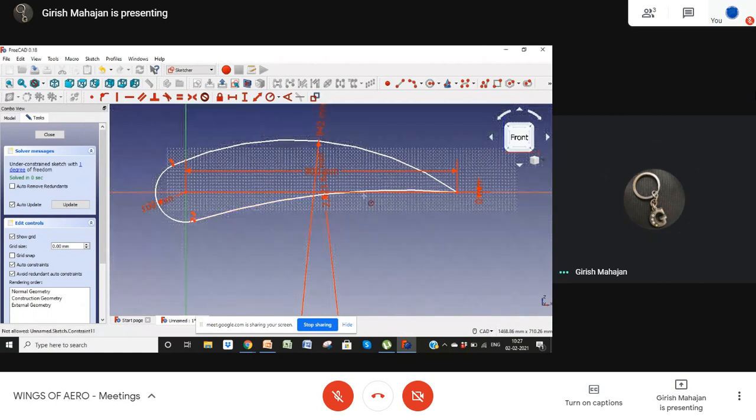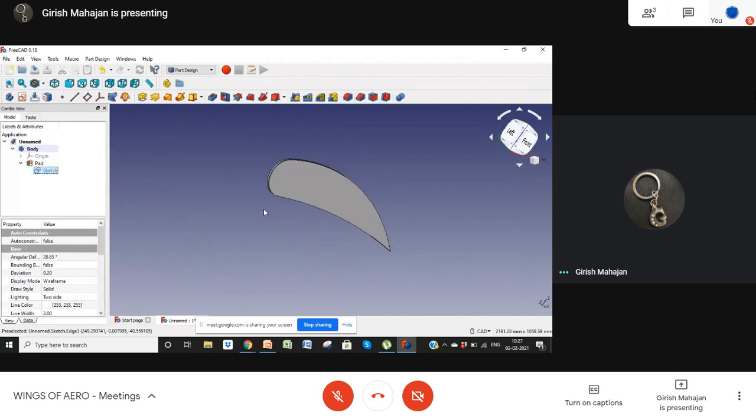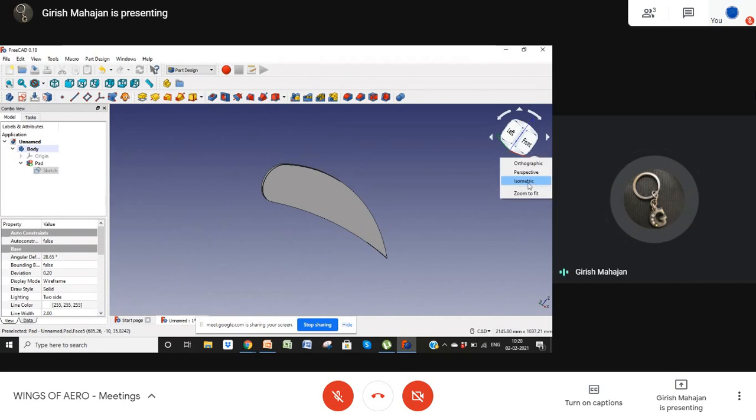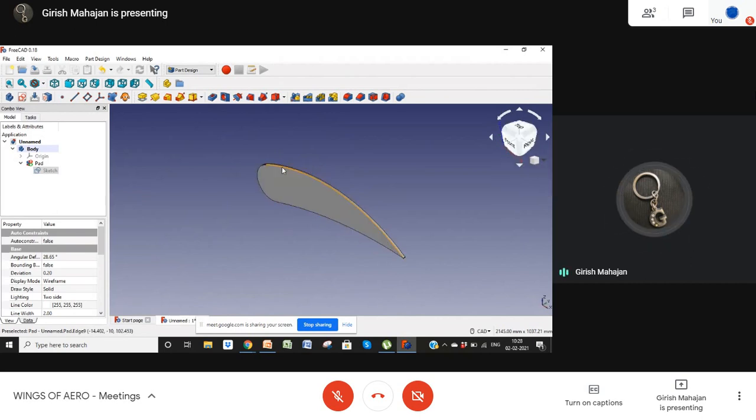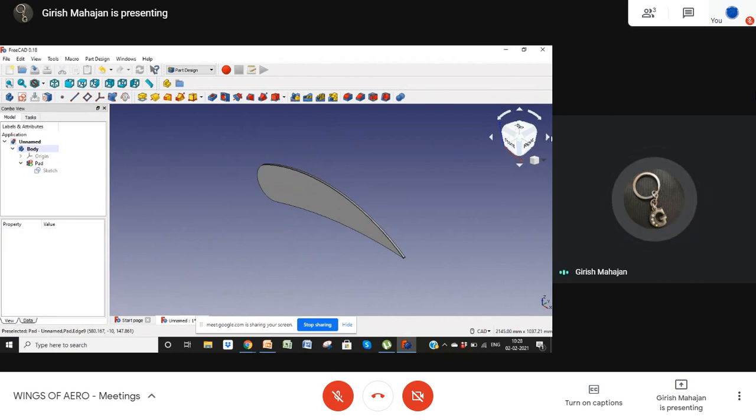Okay. Still not fully defined. One degree of freedom. Which one is moving like this? Now fit to zoom so that we can see it properly. Isometric view. Here we go. We come up with an asymmetrical airfoil